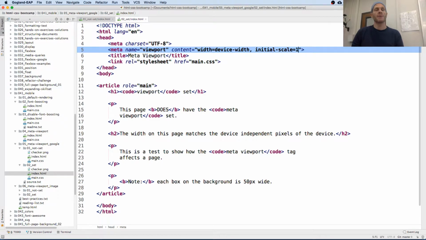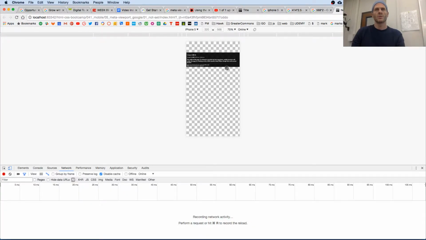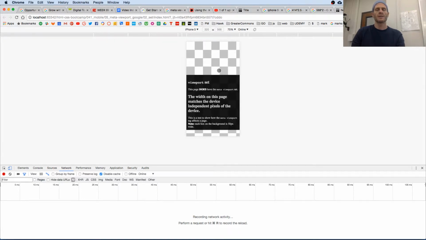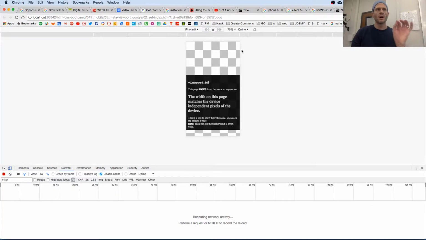So meta, name equals viewport, and that's for mobile browsers, mobile phones. The content is equal to width equals device width, so the viewport's equal to the width of the device, which means that instead of this, where the viewport's equal to 980, the viewport is equal to the width of the device, and initial scale equals 1 means each of our CSS pixels map to 1 device-independent pixel, which might be different than physical pixels, because they have that high-resolution retina display, extra pixels for every pixel we're actually showing you,